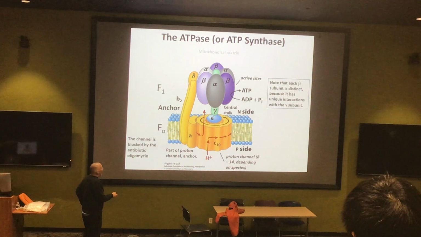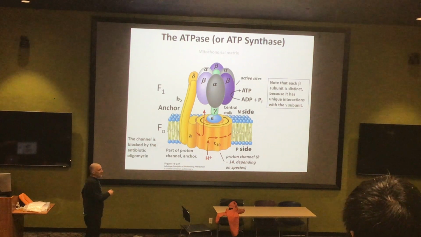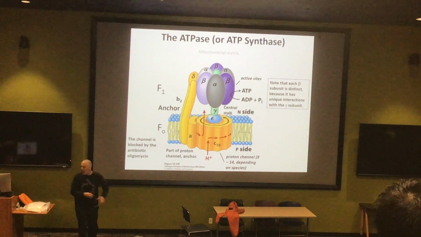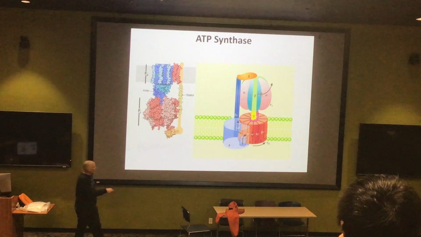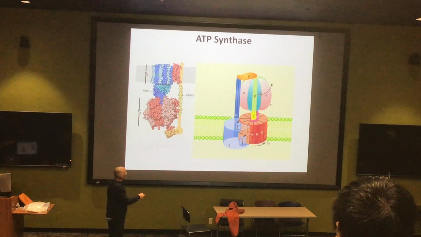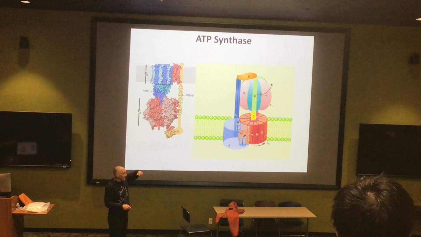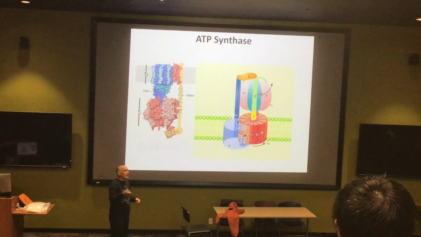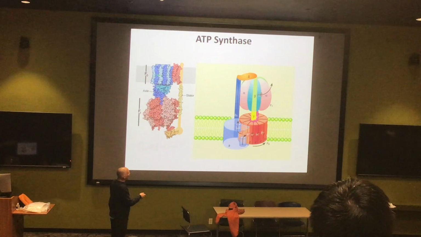There are these 10, and it turns out that a proton will need to move through each one of these 10 different subunits before it can finally leave to the opposite side of the membrane. So the pathway for a proton to move, you can see here, it'll enter into A, it'll hop onto the first C subunit. When it hops onto the first C subunit, that one moves like a carousel out of the way and leaves another empty one here,